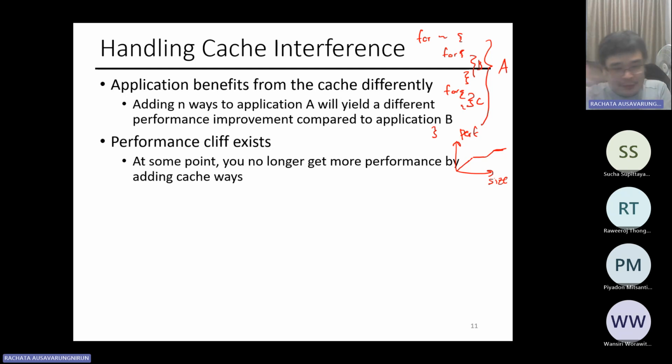Then each program can have multiple cliffs. Each program can have a different slope for the cliff because the program behaves differently